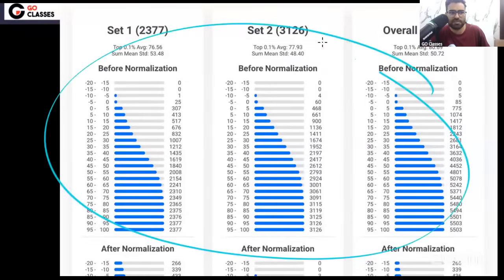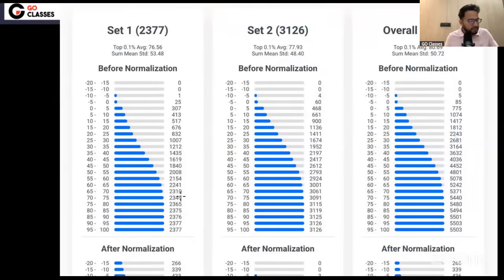Some of the students have already commented that their marks are increasing or decreasing, and they are discussing these things in the chat. There is a very important discussion which we definitely want to have. Just take it as an experiment. How normalization works is not something you should be worrying about right now. After GATE you can discuss all of this; you have a lot of time. In fact, we can make a dedicated video about the normalization.